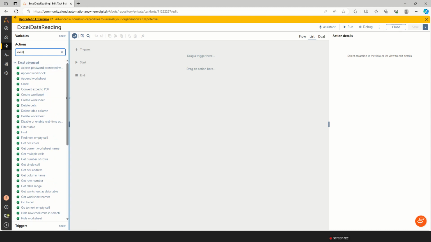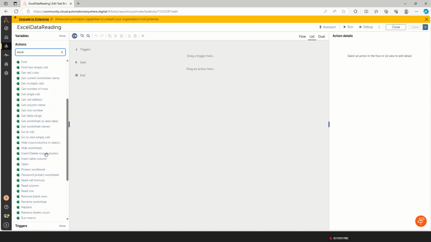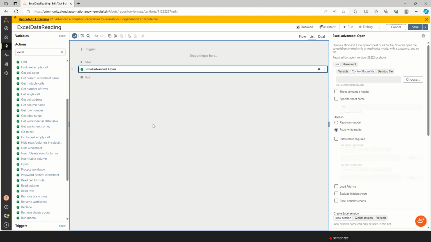So now we'll see the Open command. Just double click on this Open command. Here we need to specify the file name. I need to open a file, right? So that file,